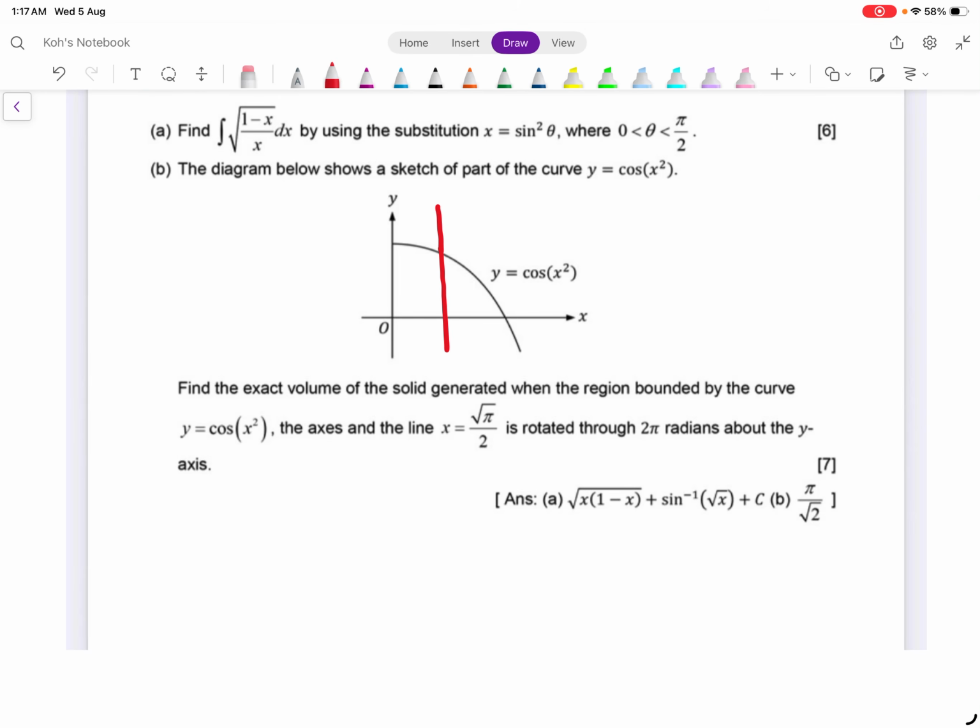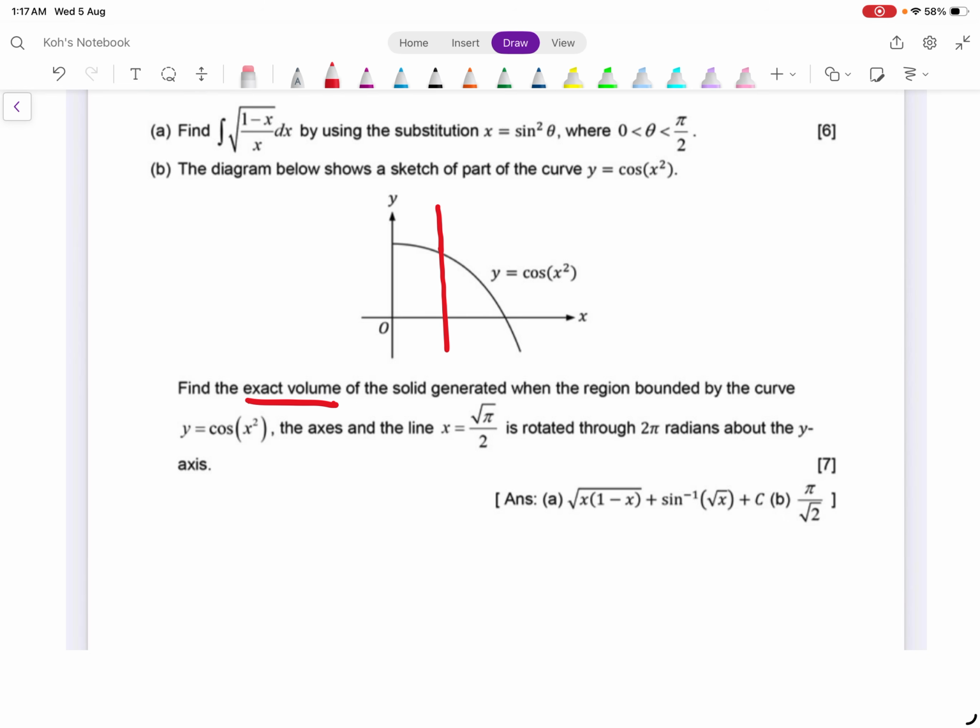Okay, let's go through part B of this PJC question. The diagram shows a sketch of part of the curve y equals cosine of x squared. We are asked to find the exact volume. Exact volume means you cannot use the GC, of the solid generated when the region bounded by